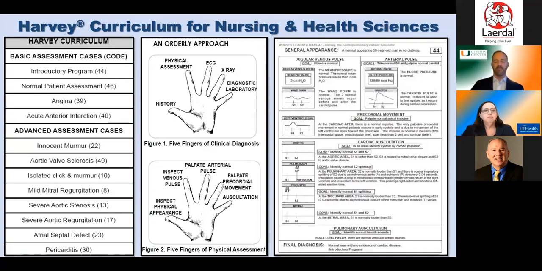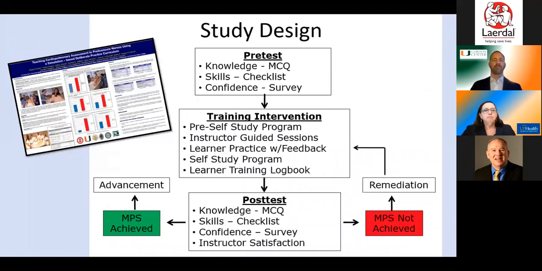In the next slide, one of the things that we did after putting together the curriculum was to put together a study. This was led by Pam Jeffries, who's now Dean at the School of Nursing at George Washington. We put together a simple study that involved a pre-test, a training intervention with Harvey, and then a post-test. The idea of the study was to validate the curriculum content that we had pulled together.